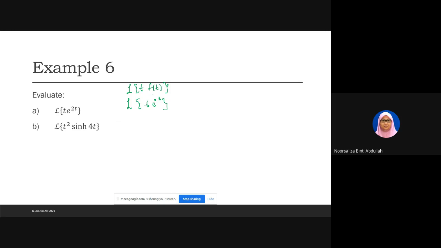In this case your f(t) is e^(2t), and you have t here. So the first step is you have to find the Laplace for